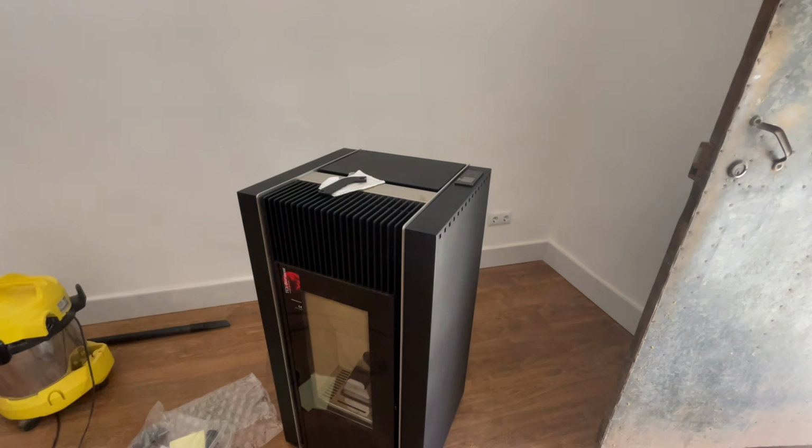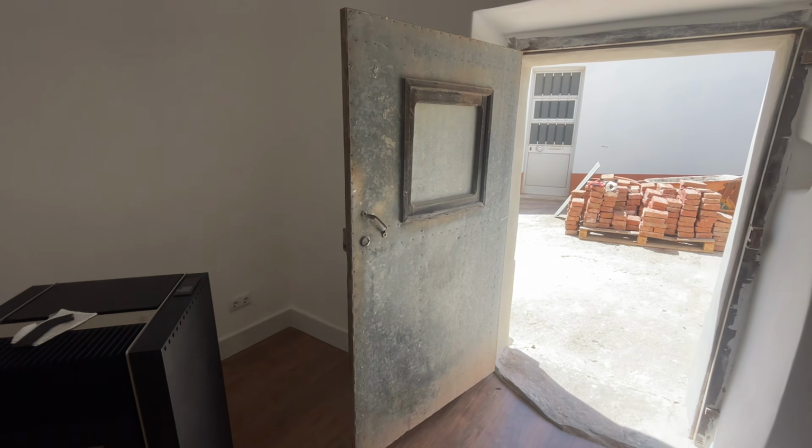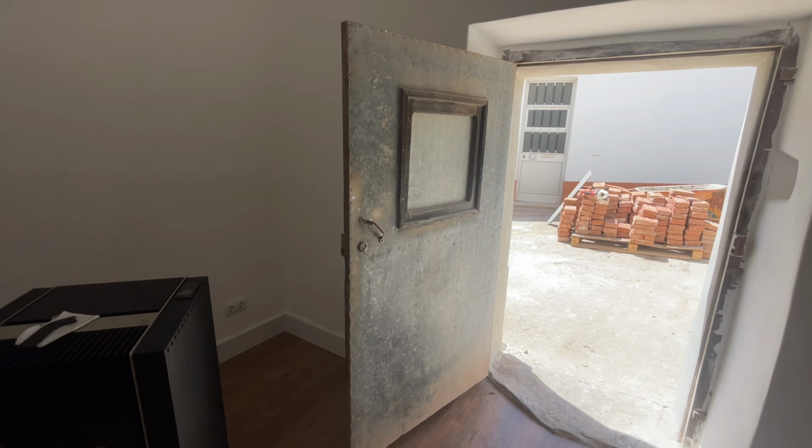But unfortunately, we've got to get through that 70 centimeter plus thick stone wall, which will be fun, and trying to do it without making too much of a mess. Setting this thing up isn't that difficult, but that hole, anyway, we'll come back to that. Now, if you watched last week's video, you'll know that I'm going to be doing that door this week. But before I can get on with that,